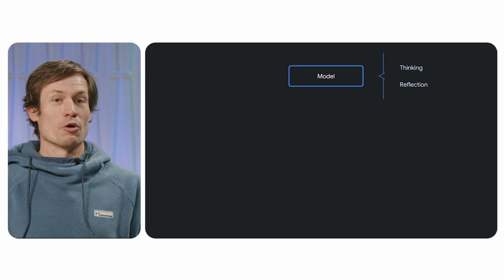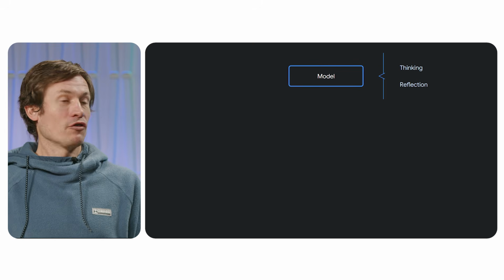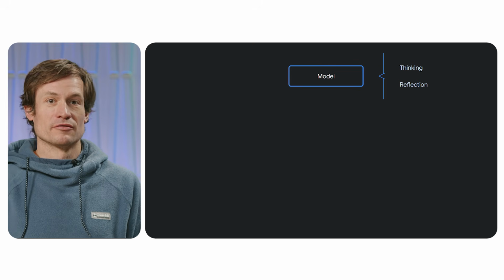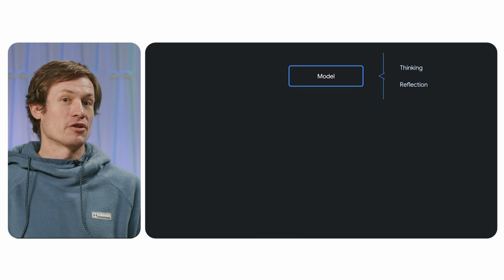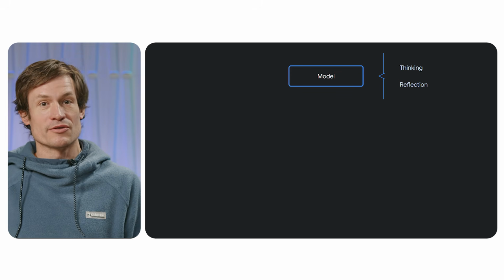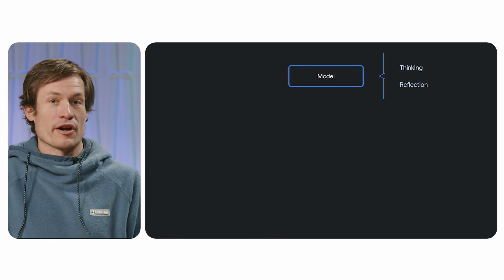Nowadays, many models are what we call thinking models, which just means that the model has some level of ability to self-reflect built in. These models are good for agents where tasks may be complex and the model needs to consider a set of ideas or responses before it makes a final response to the user or another agent.